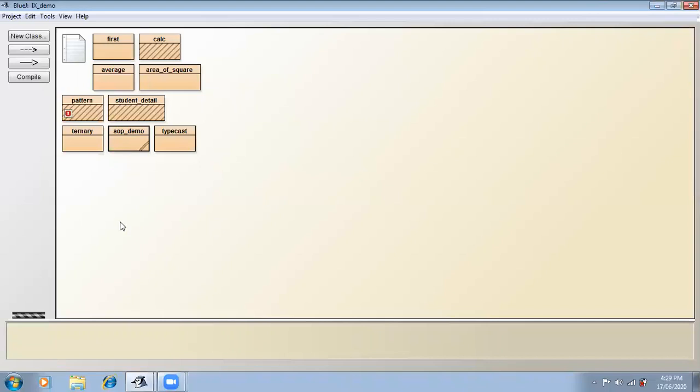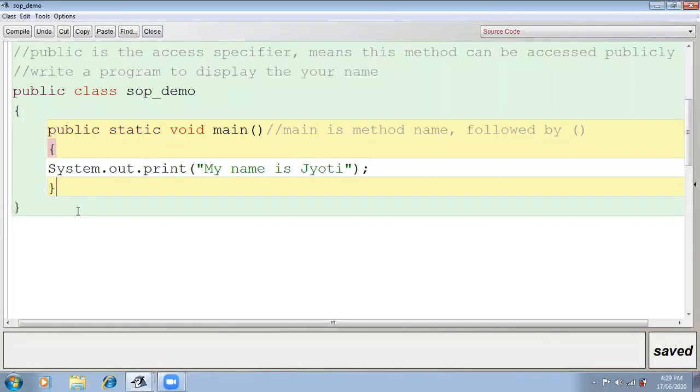Now again come here: System dot out dot print. Print is the method by which we display on the screen, on the terminal window, on the output window.